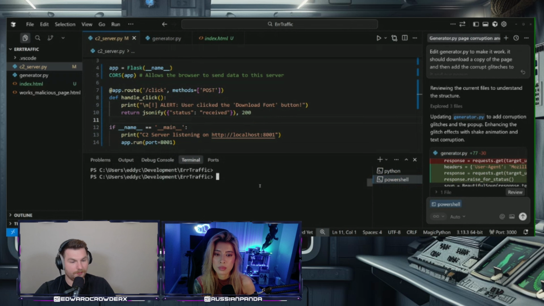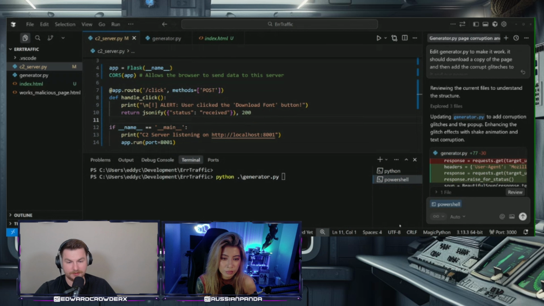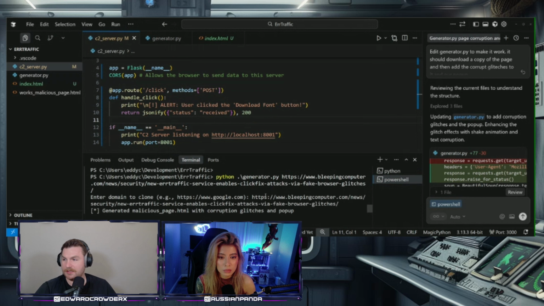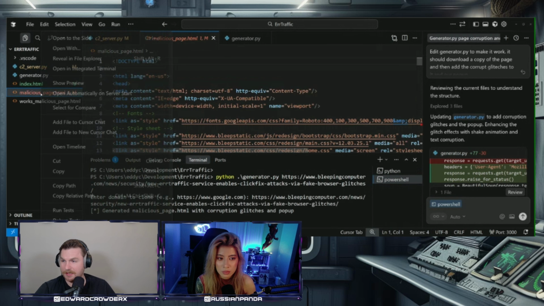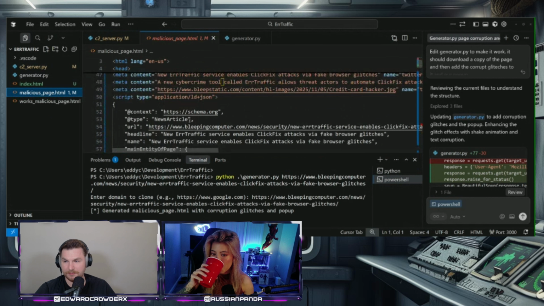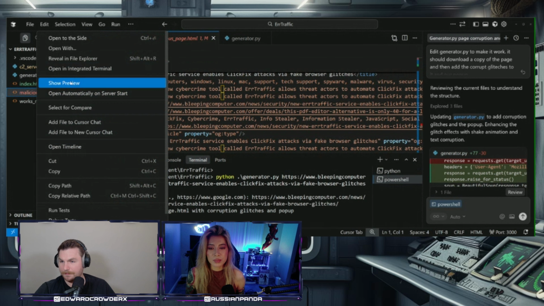Then we built a script here where we can literally just steal anything we want. So if we just run the Python generator script on that exact BleepingComputer report, let's say, we'll grab the URL. Because it's just a JavaScript injection, this is going to inject it locally, but if you had a compromised site, you would just inject it normally. Paste in the script, it generates the malicious page, and we've just injected it here, but obviously with scripts, you could just remote load it. And if we look at the preview,